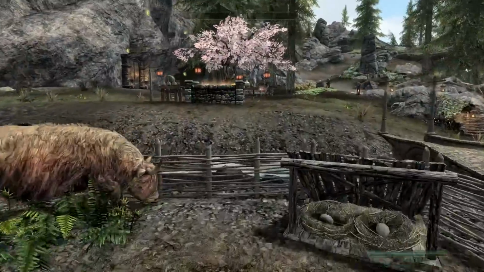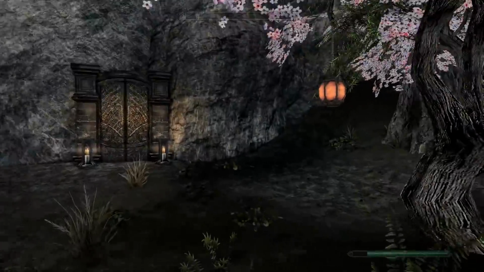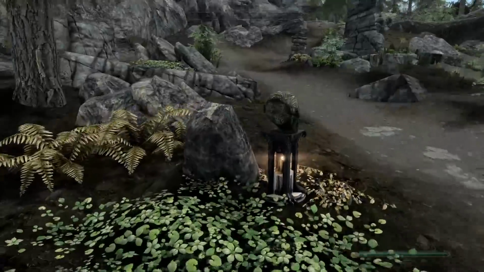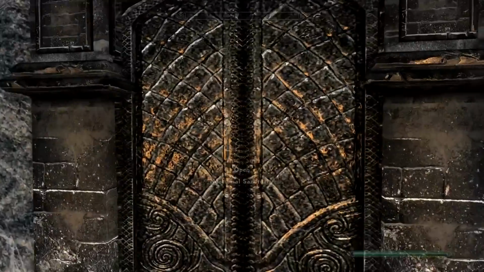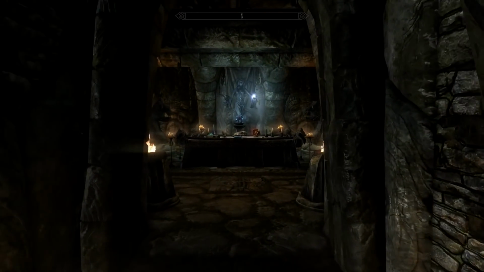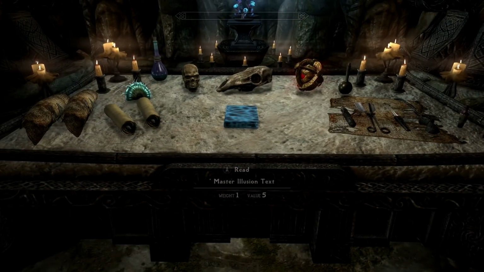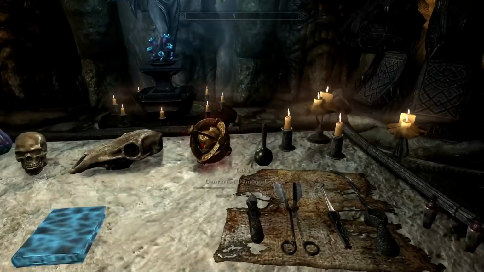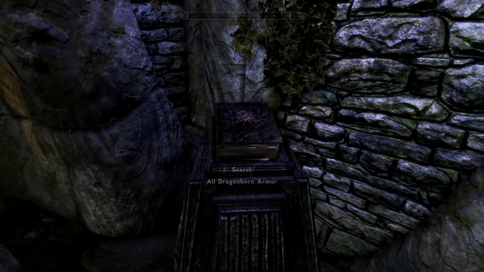Now, there was one other thing that we should probably look at in this mod, and it's that door to the Sanctuary of Nocturnal. Now, I don't know if it's necessarily different than, like, the Nightingale kind of area, but it's worth a check out, and it's worth a look. So it seems there is just straight up a shrine to Nocturnal right here with a bunch of stuff. Master Illusion Text, Centurion Dynamo Core. Okay. And then we have search...